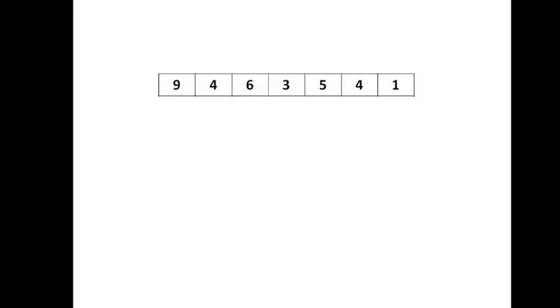Okay, now we are going to take the same example and see the difference here. So now what happens is 9463541 are given, but it's now bubble sort, not selection sort. If it is selection sort, we know what will happen. 1 will come here and 9 will go there, and no other change will happen in the list.